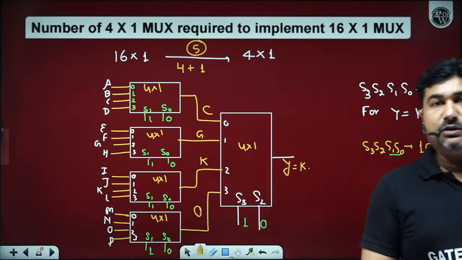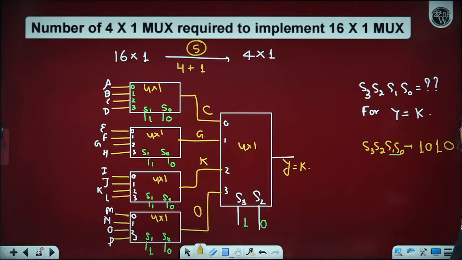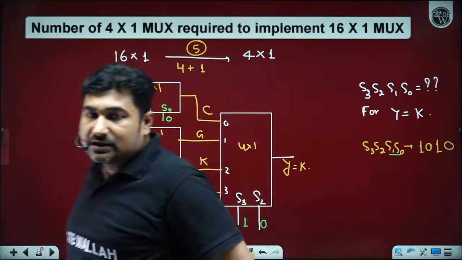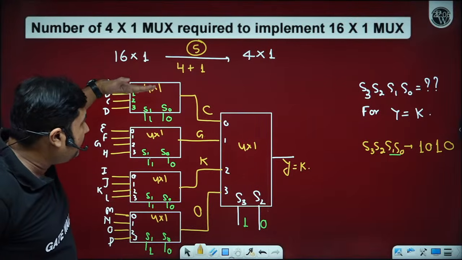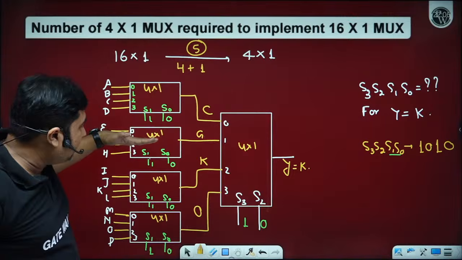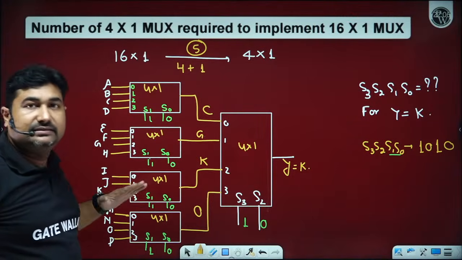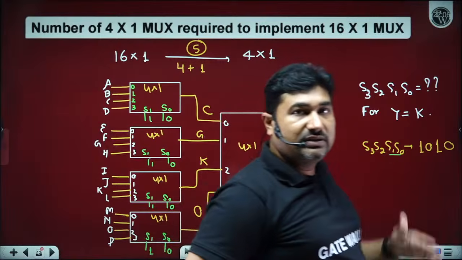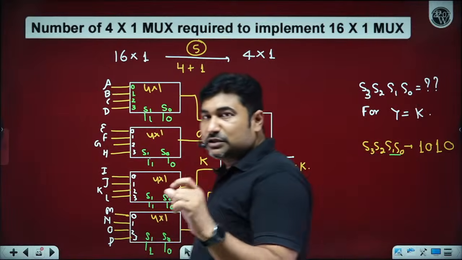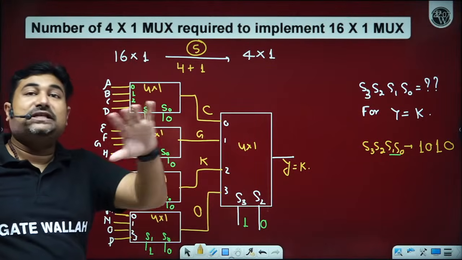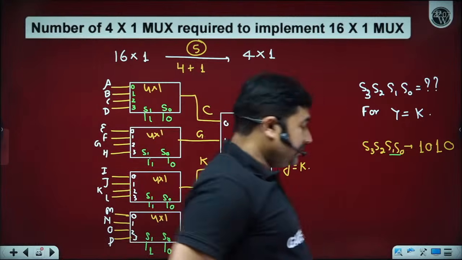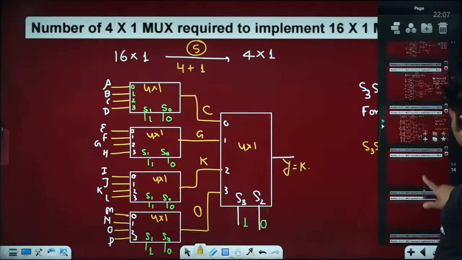How many of you able to understand the standard representation as well as the implementation of a higher order multiplexer by using lower order multiplexers? It is 10, not 11. It always starts from 0. I0 pin, I1, I2, up to I10. Always start from the I0 pin, because 0, 0, 0, 0 is also a condition. Under that condition of the select line, the I0 pin is being selected. How many of you able to understand? Please let me know by writing in the comment section.